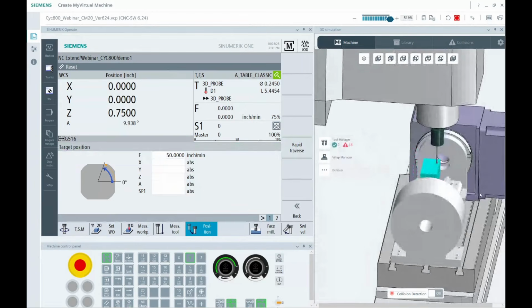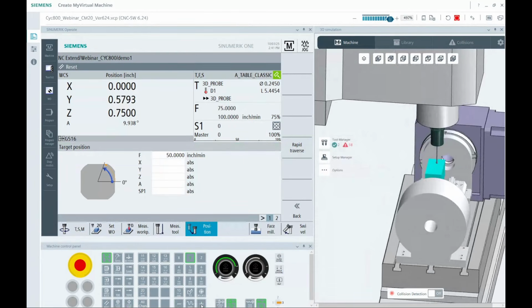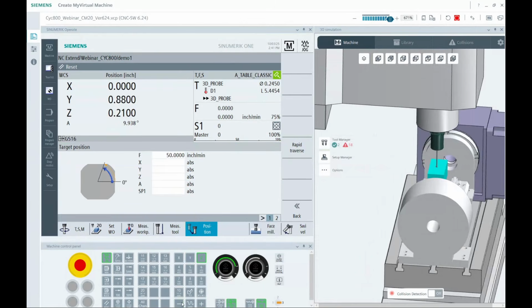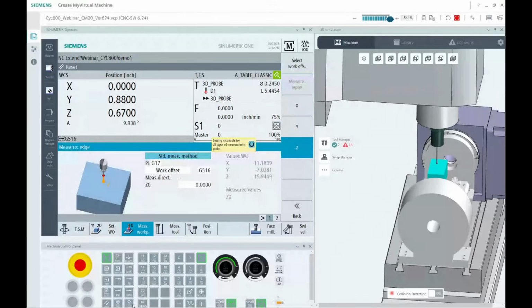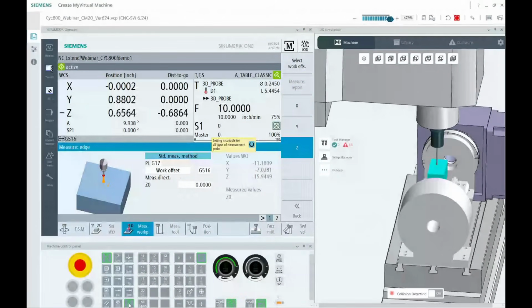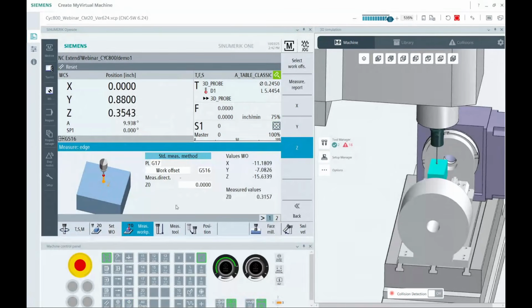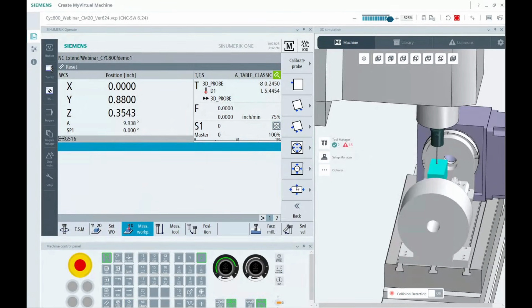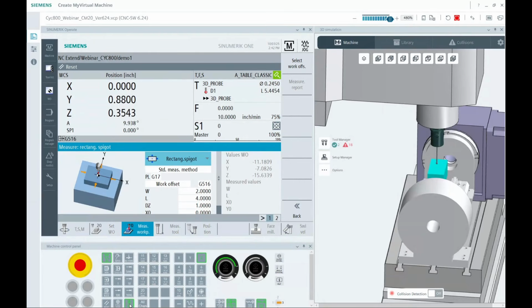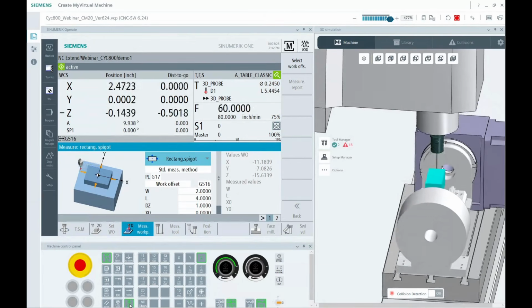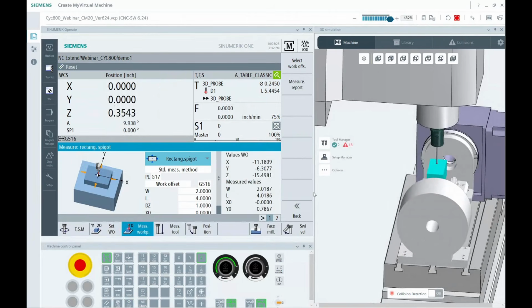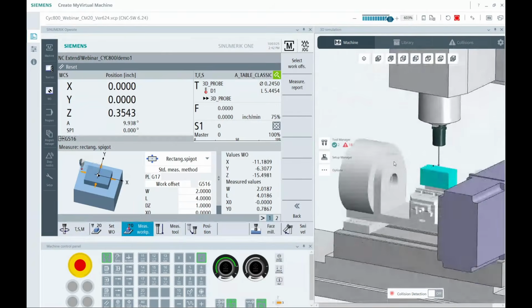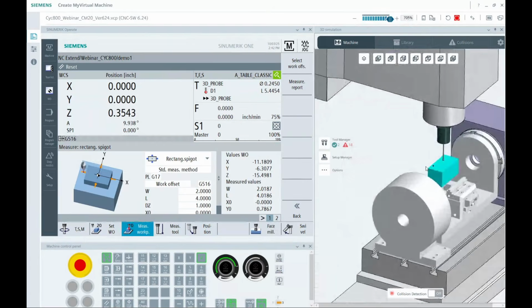Now I'm going to jog into the new location. All right, roughly the new 0. Oops, we're a little low. And now I'll just do a quick measure, Z. And we'll do our final measure. Okay, so now with a new 0 set and my block in a completely new random location,